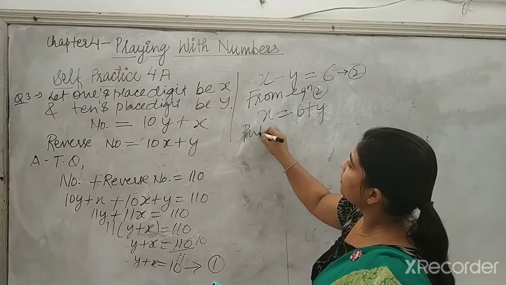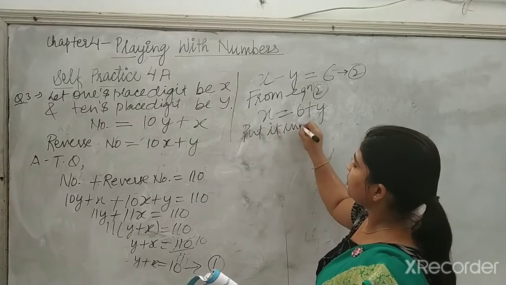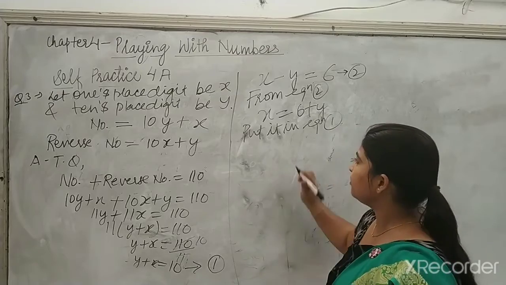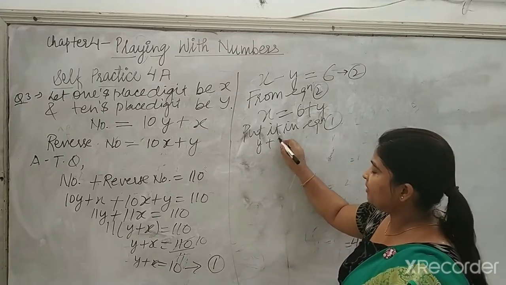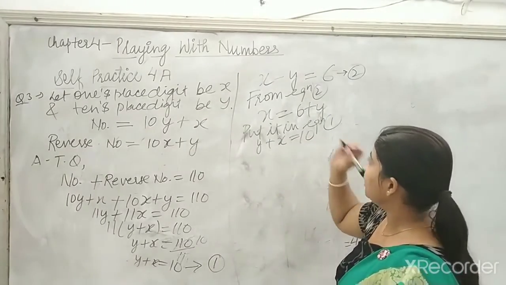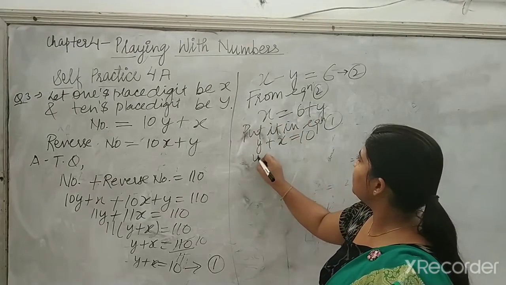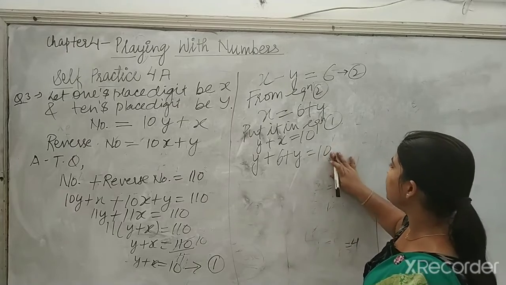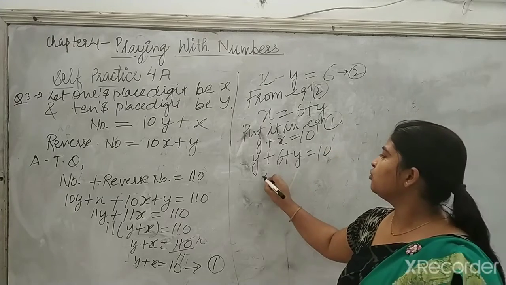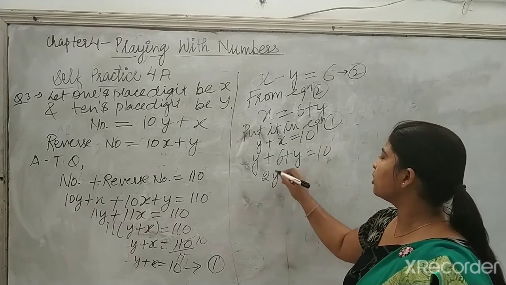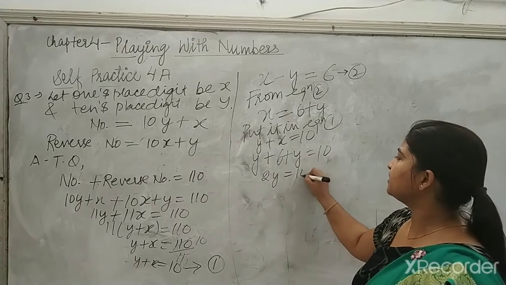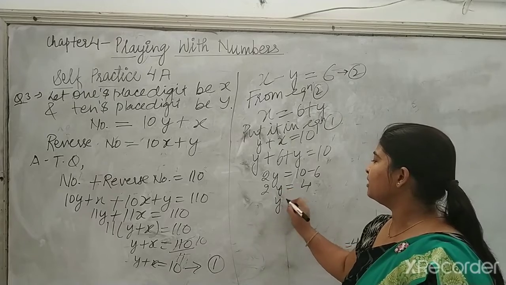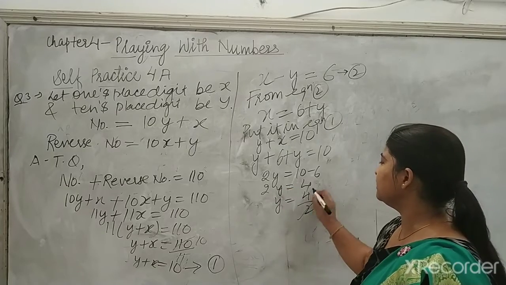Put it in equation number 1. Okay, so I am placing it in equation number 1. What about equation number 1 is y plus x equal to 10. So value of y is y only, value of x is 6 plus y. So that will be equal to 10. Okay, so from here you get 2y plus, this plus 6 will move that side in minus. So you will get 4. 2y is 4. So value of y is how much? 4 upon 2, that is 2.